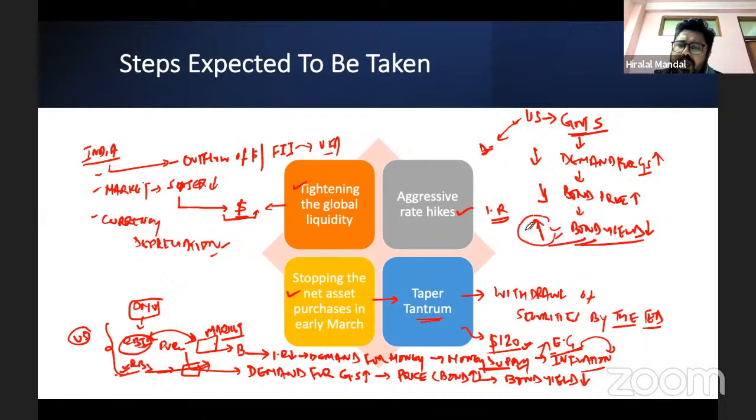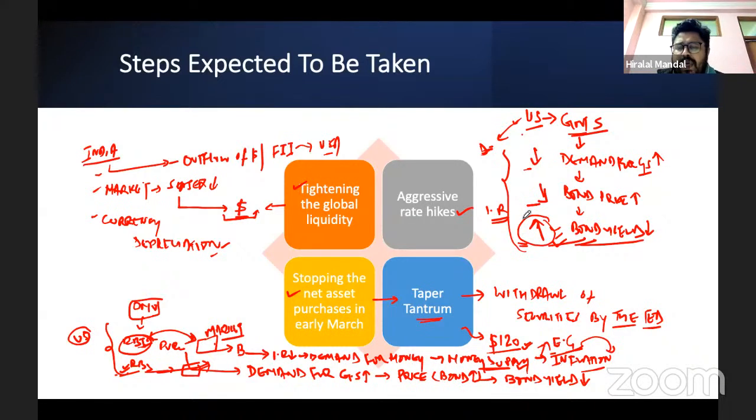Whenever the bond yield increases, it doesn't benefit the investors. It is not beneficial for the government also, because the government will have to borrow the money at a higher interest rate. If you follow closely what is happening in the macroeconomic world, you will see that the taper tantrum was started by the US way back in October. As a result, they have stopped purchasing government securities. The demand for government securities has reduced. As a result, the bond price has also come down, and the bond yield,